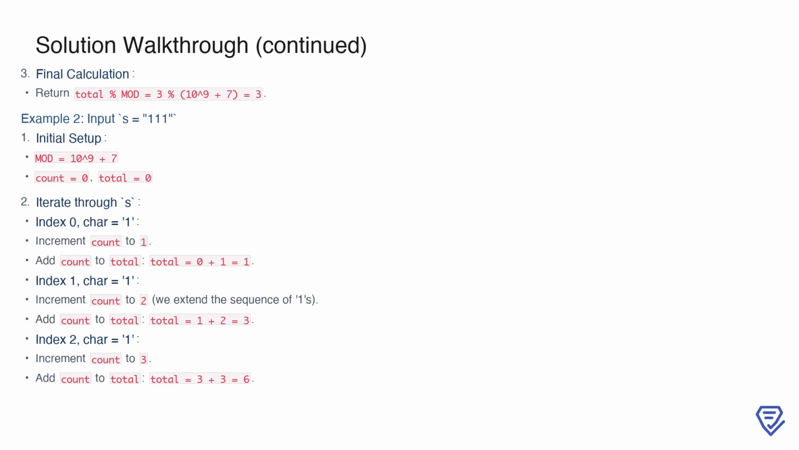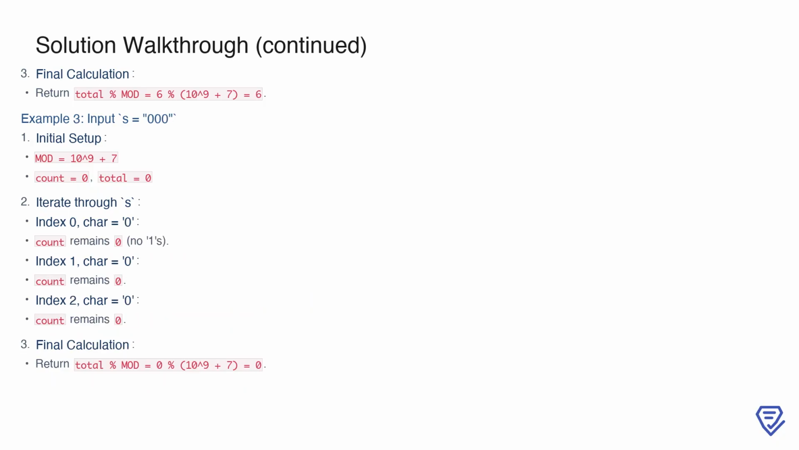In this case, 6 % (10^9 + 7) equals 6. In the third example, the input string is s = "000". As before, we initialize mod to 10^9 + 7, and both count and total are